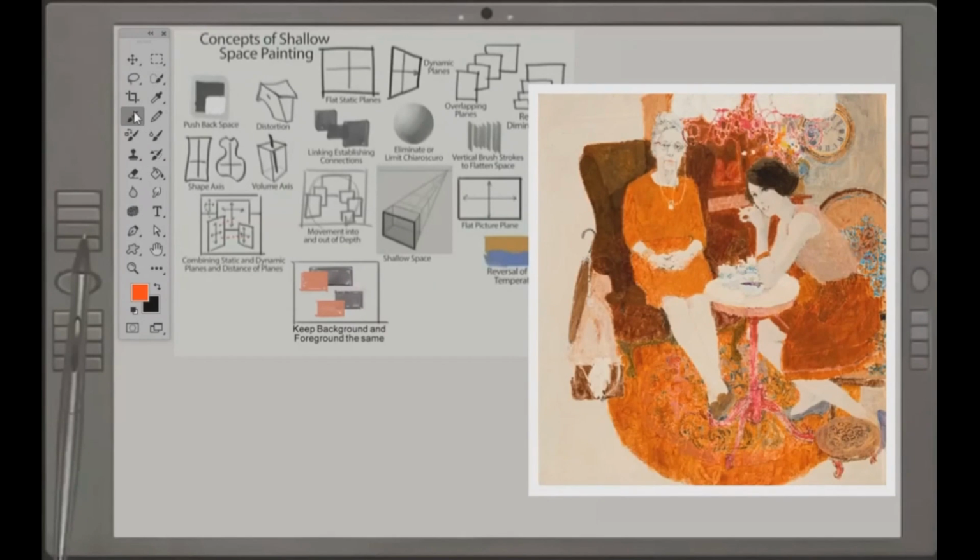Here's another illustration. This one was done by the great Mark English, and I love this illustration. And Mark English is using a more shallow space because the scene is taking place within a room, so maybe the space is something like this. But he's not using light and shadow in this case. The shapes are more flat, placed within a more shallow space, and he's more interested in using more flat tones